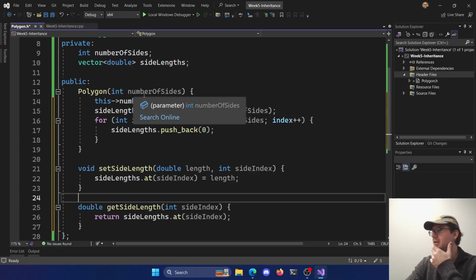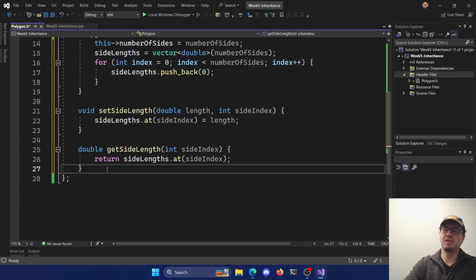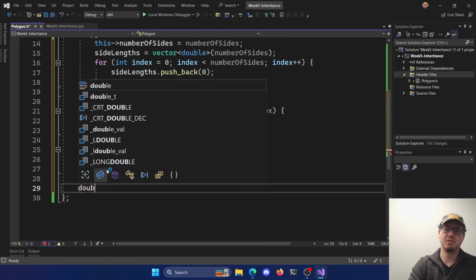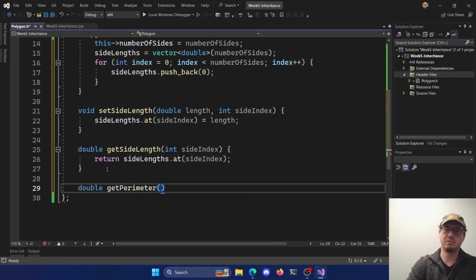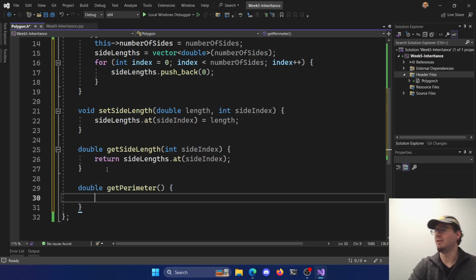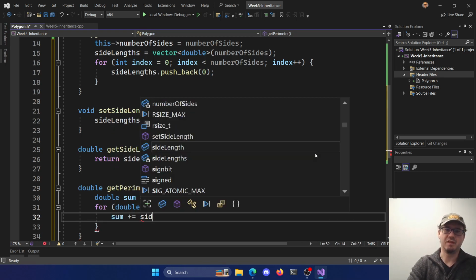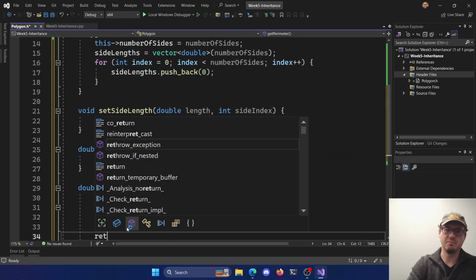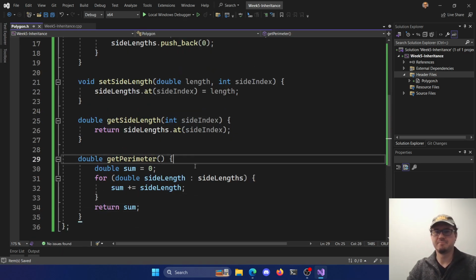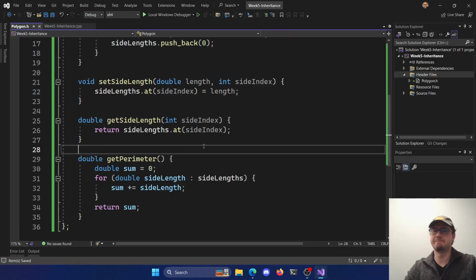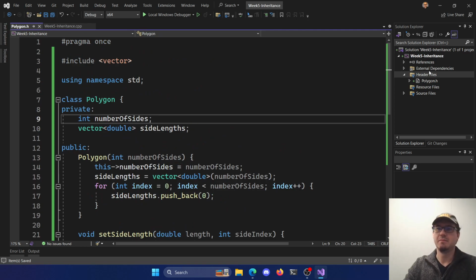So we can make a polygon, we can set side lengths, we can get side lengths, and then maybe the perimeter. Double get perimeter. So we need to sum, right, our vector here, and then return that. So the double for sum is 0, for double side length in side lengths, sum plus the side length. Then we can return the sum. Okay, we can do a quick loop through, add them all together, return that. We okay so far? All right, so polygon's not too bad, but what if we wanted to make